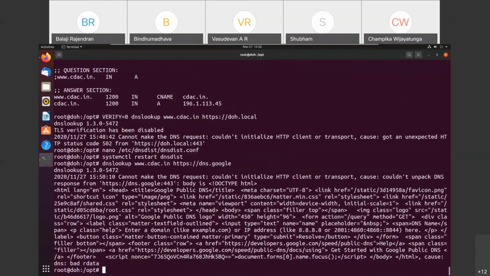I think there is some problem with the dnslookup tool. So for now we will leave the dnslookup tool and move on to checking the UI.